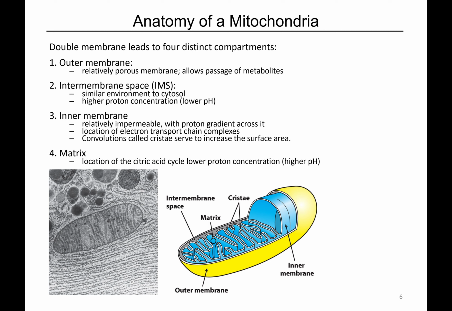Okay? The outer membrane is really permeable. Lots of things can easily pass through it. The inner membrane is highly impermeable. Okay? Very few things can pass from the inner membrane space into the matrix. The things that can pass are facilitated by carrier proteins. Okay? Things like ATP, ADP, pyruvate. Right? These are all things that we know we need to transport across this membrane. So there are specific carrier proteins that do so.